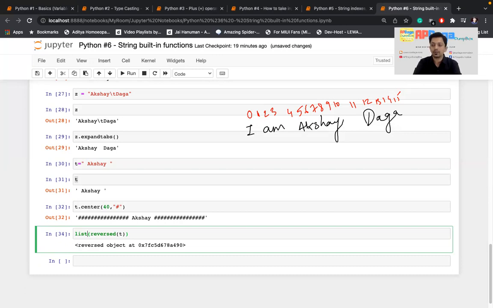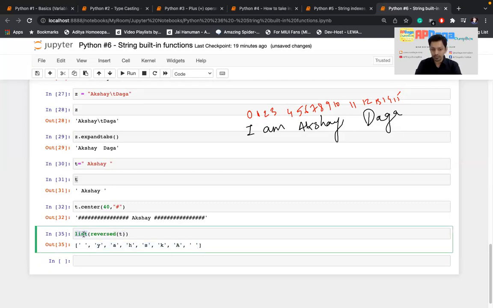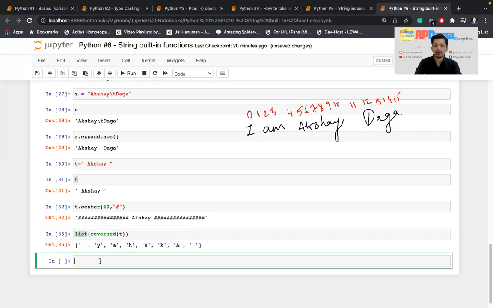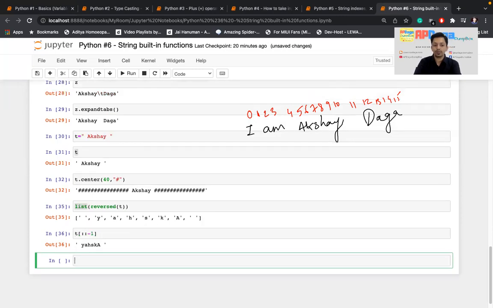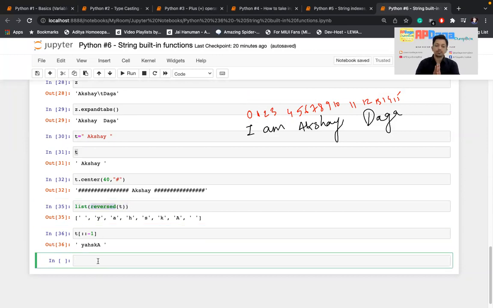I'm just converting it to print it. You can see it reversed the string t, and because I converted it into a list, you see it in the form of a list. We did the same in our last video using -1. This is another way, using a built-in function, reversed.